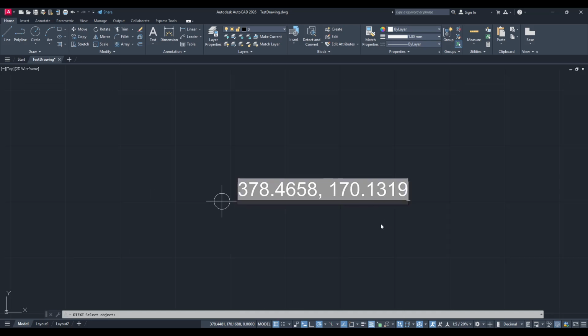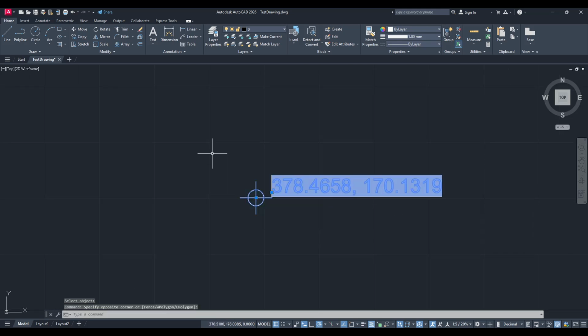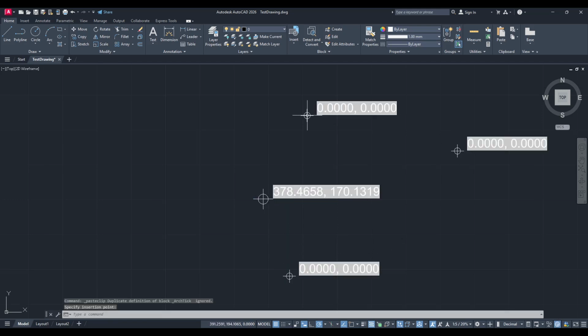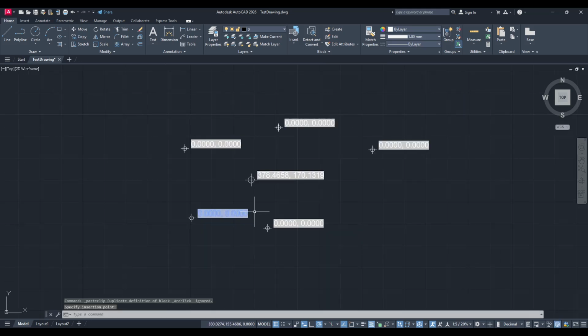For additional points, you can reuse this setup by simply copying and pasting both the point and the associated text. Use the Regen command in AutoCAD to refresh and update their coordinates automatically. This ensures any repositioning or changes are reflected accurately on your drawing, providing you with a seamless and efficient workflow